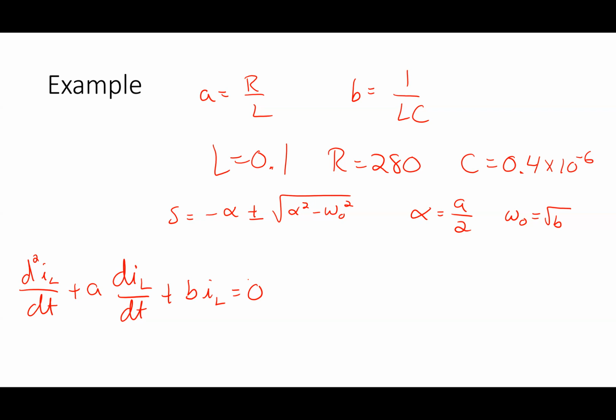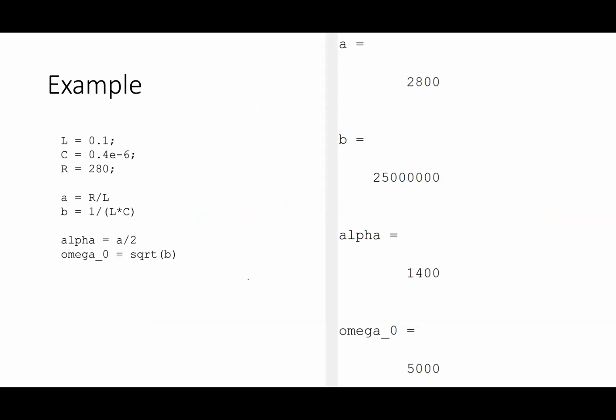I calculate A and B, and then I use those to calculate alpha and omega naught, right? That's what I did here. This is the way that I entered this into MATLAB as an example. So I put in L, I put in C, I put in R, and then I put in my formulas for A and B, my formula for alpha, and my formula for omega naught, and I get